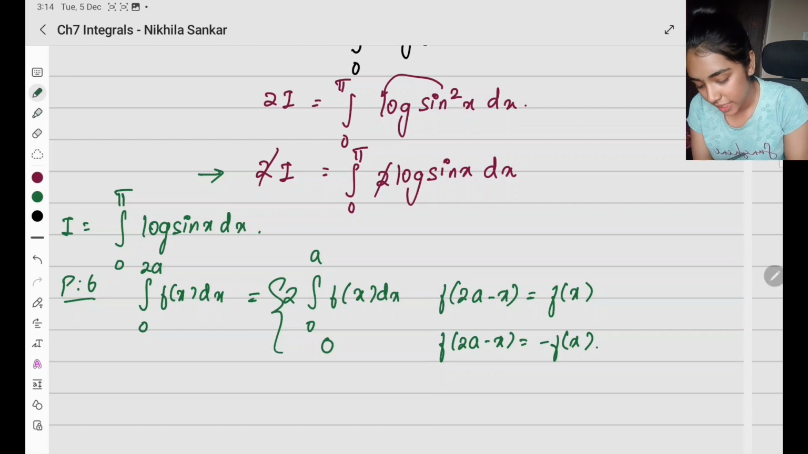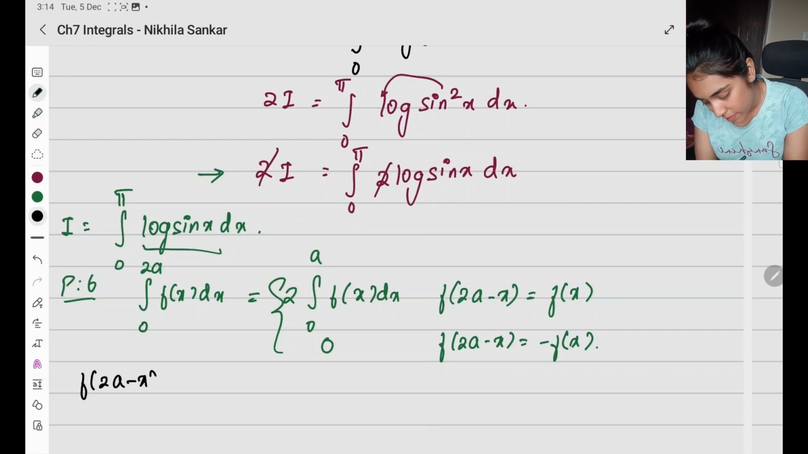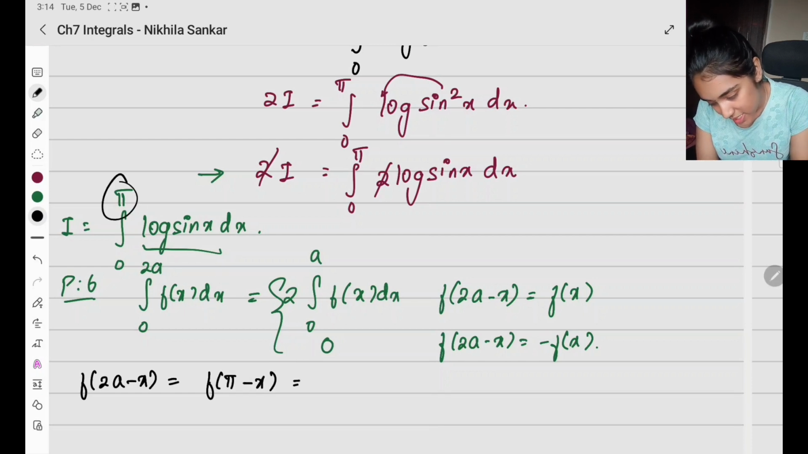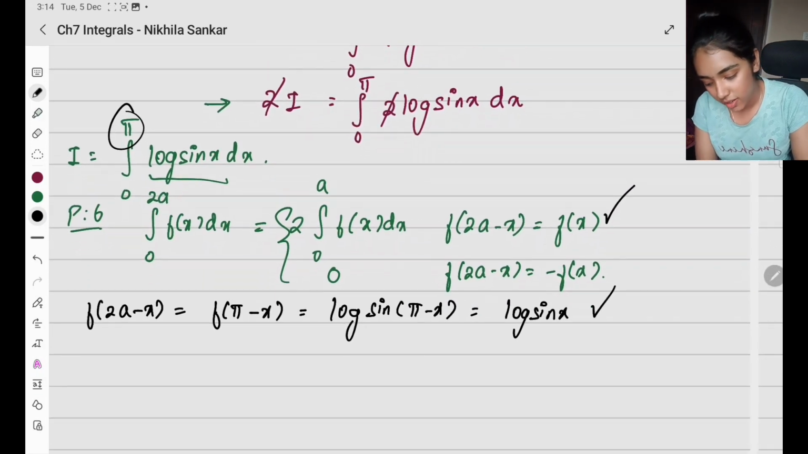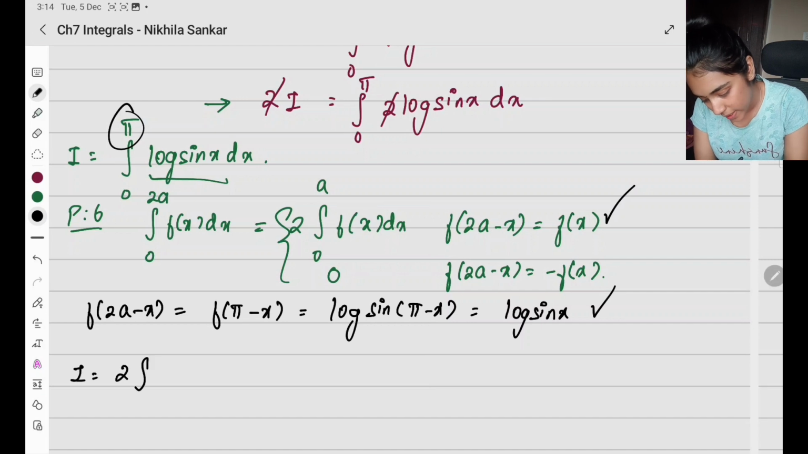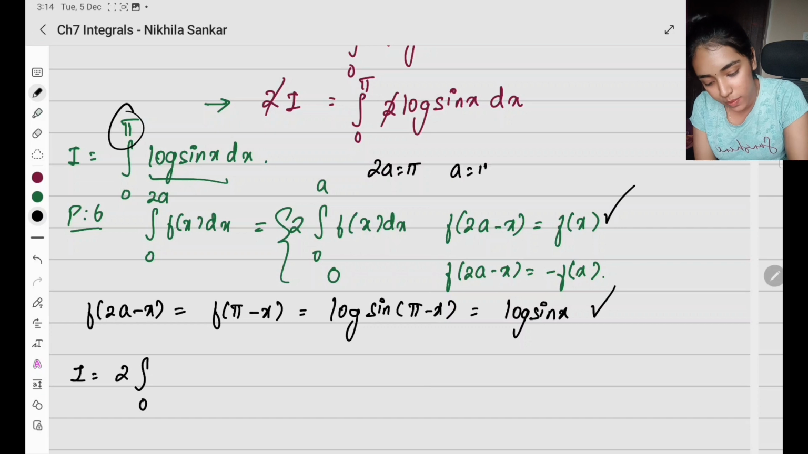What is my f of x here? It is going to be log sin x. So can I check? f of 2a minus x is going to be, my 2a is pi, so f of pi minus x is going to be log of sin of pi minus x. Sin of pi minus x is in the second quadrant, so it is sin x. So log of sin x. So it satisfies the first condition. So I can write the given I as 2 times integral 0 to a, where 2a equals pi, so a equals pi divided by 2. So I have pi by 2 log